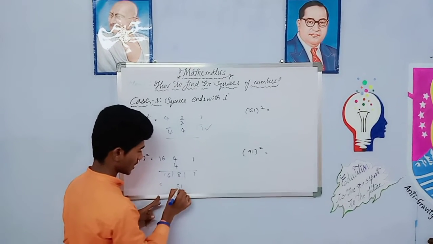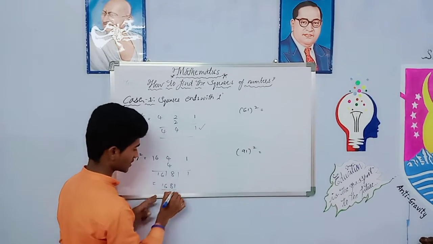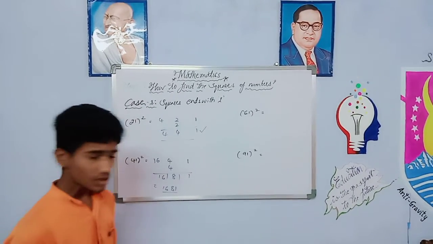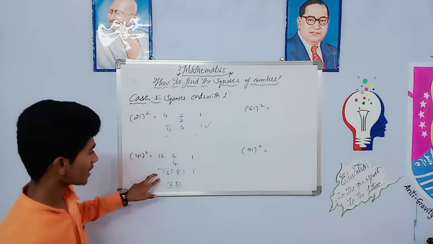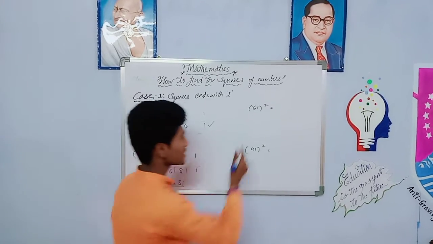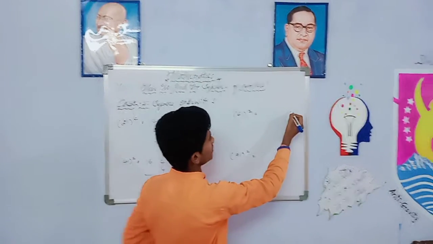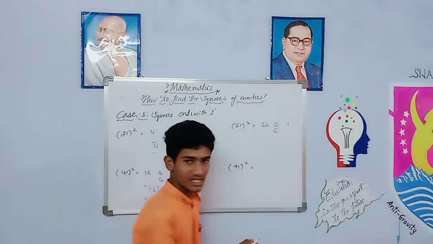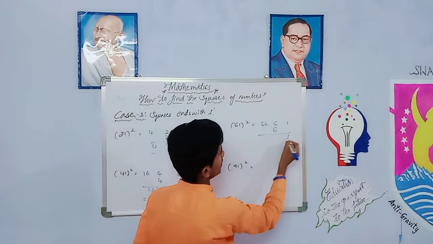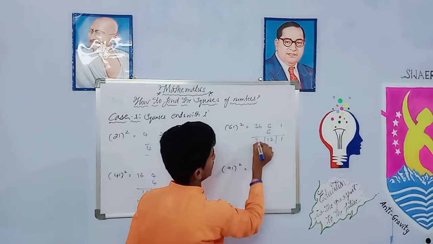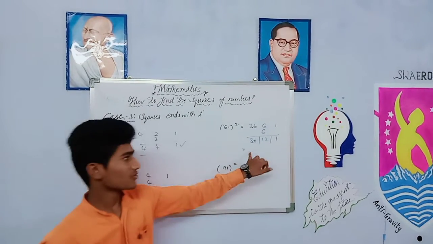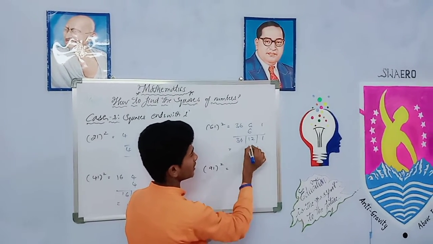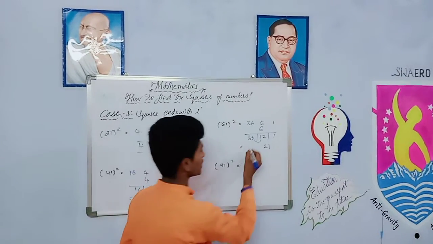So 1 is in the first place only, so that's why we don't have to carry this. Okay, by adding all the numbers we get the same answer. Now 61 square, see here another example. First write down 6 square equal to 36, add the same digit in the middle. Next, 6 plus 6 is 12, then 36. In this we got 2 digits, so I have to carry 1. If we carry 1 to the left side, we will get 37.